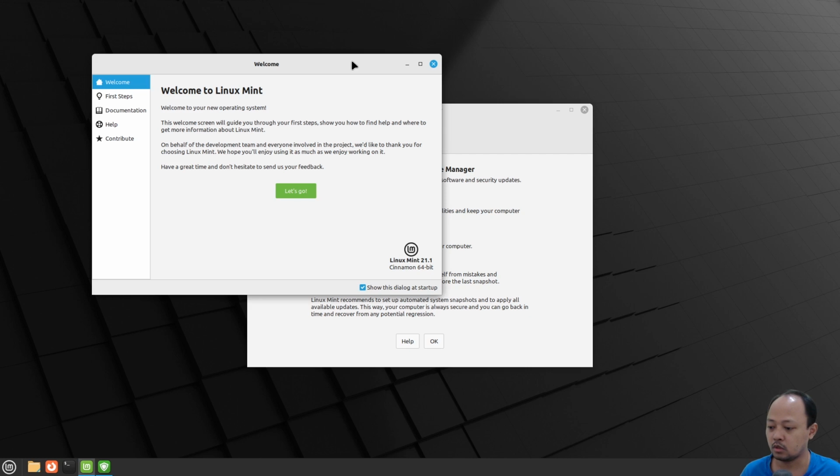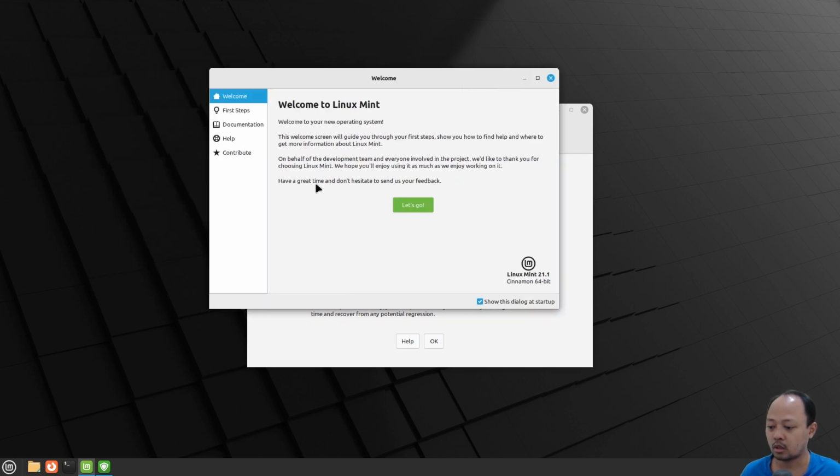This welcome screen will guide us through our first steps and then show us how to find help and where to get more information about Linux Mint. I will untick this option, show this dialog at startup. Then I will click Let's Go.